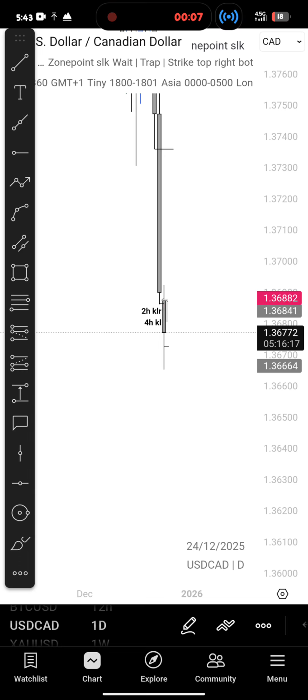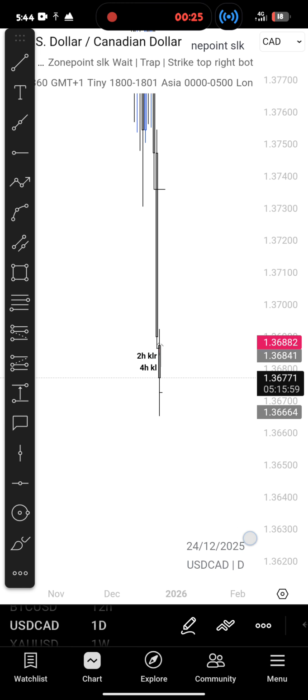So I want to do another trade recap O2. I did a trade recap yesterday, which is O1, and this is O2. So how I took the trade, I'll start from